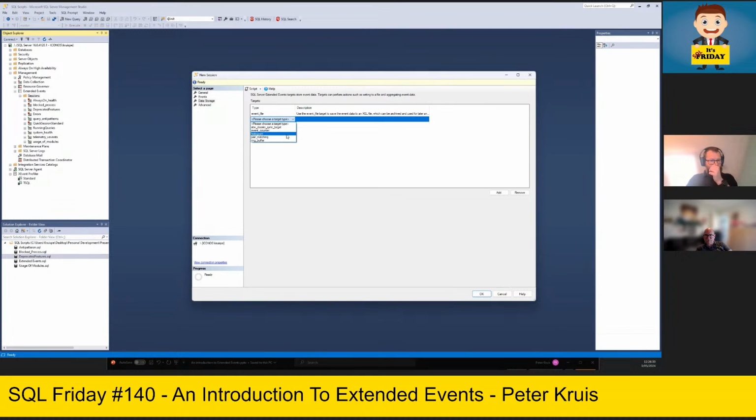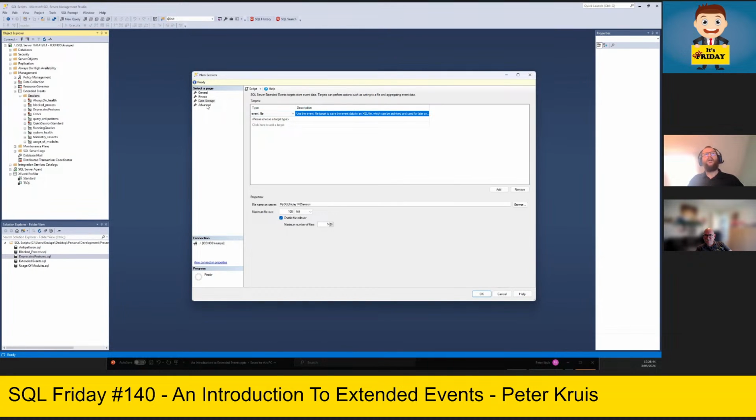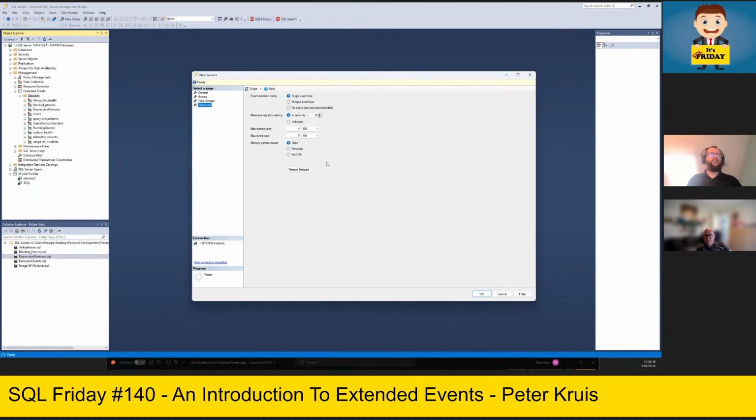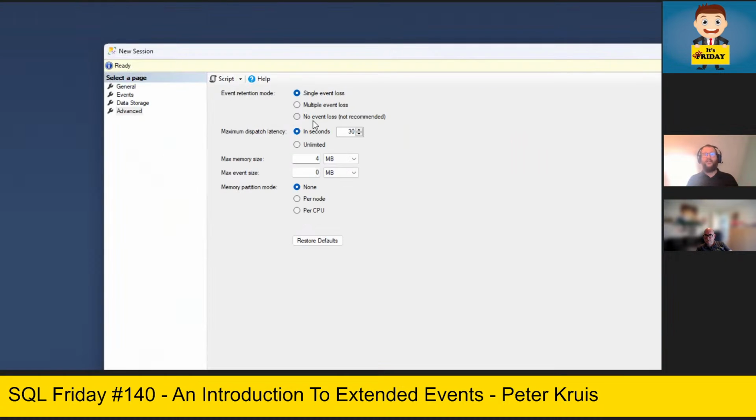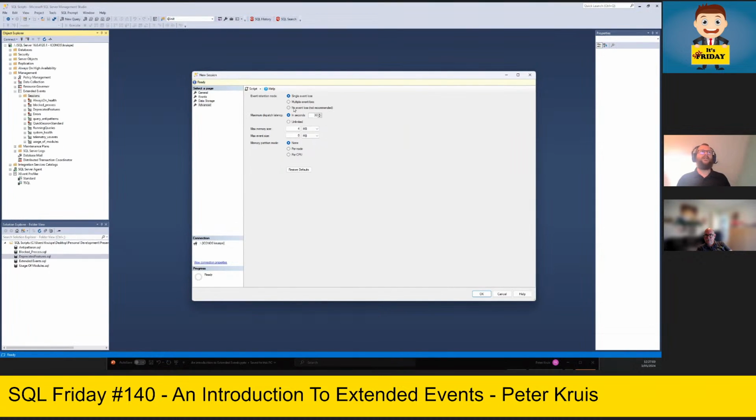The event counter gives the number of times it happened, and there's the sync target, event tracing for Windows. I need to check my notes for that one. The event file, we are going to use that one for now. And advanced, to be honest, I never change anything here, I think. If you do, be cautious with the event retention mode: no event loss will make sure SQL Server will wait for your event to be fetched by your extended event.